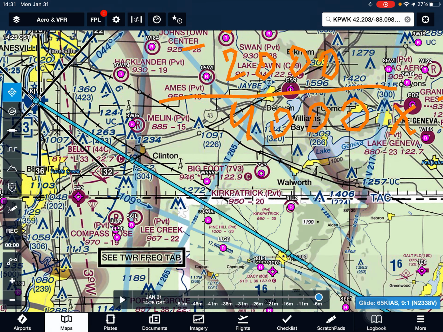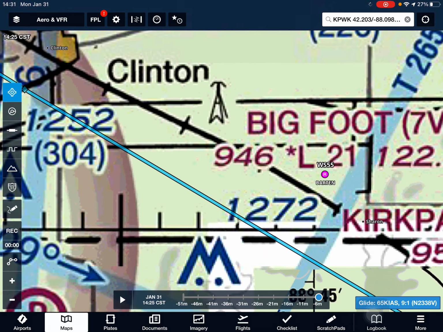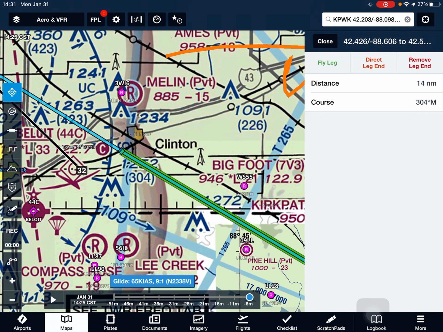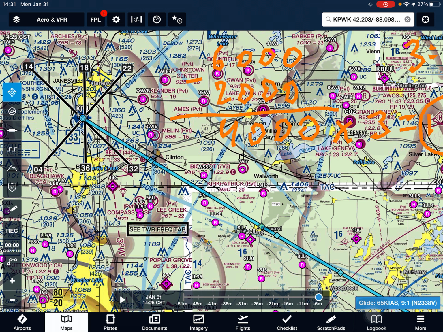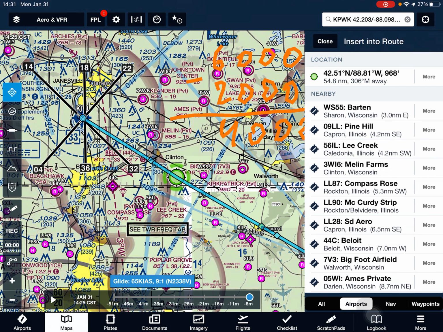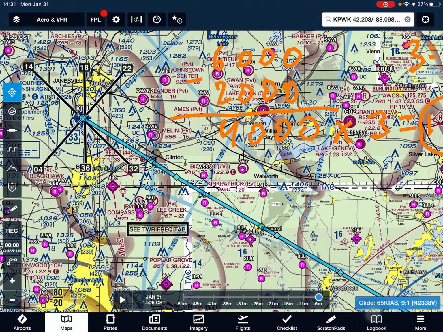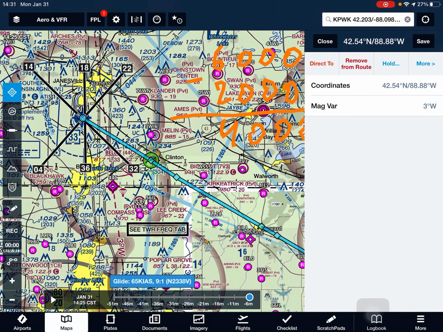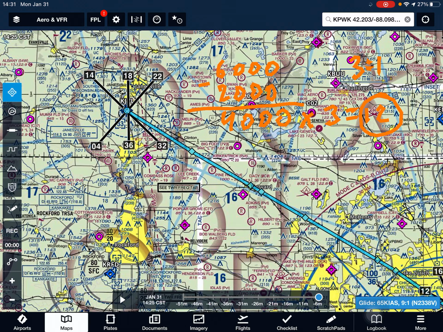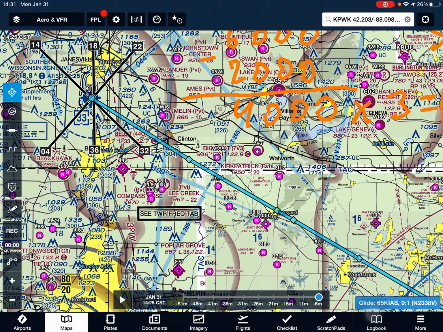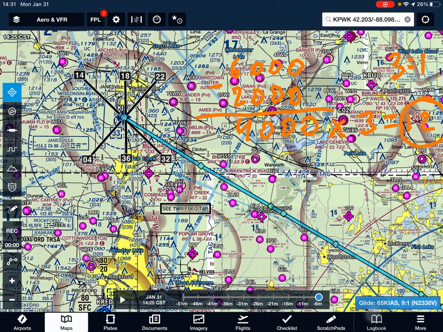Why is it not doing anything? Sometimes it's just acting weird. Right there. So that's our 12 nautical mile out. That's where we're going to start our descent to our TPA. Usually they would give it roughly plus 3 nautical miles on this 12 nautical mile here, because